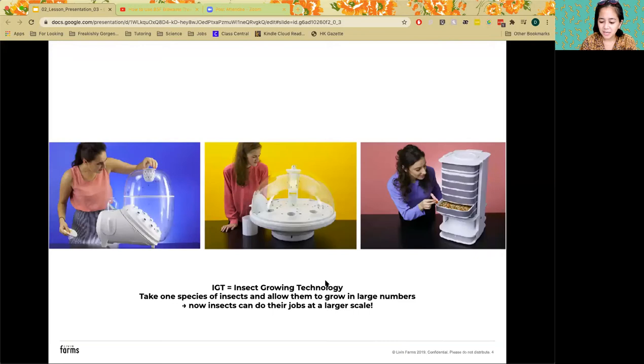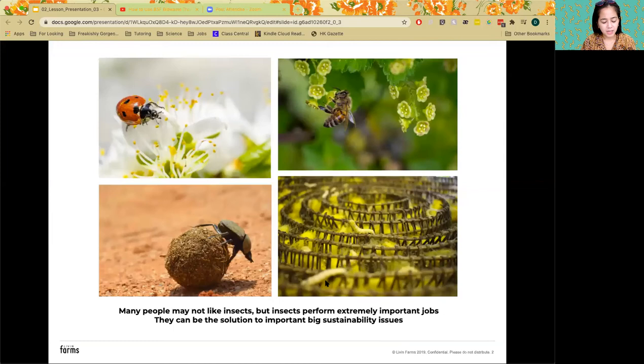And just imagine that we have all these insects performing such amazing tasks. I will actually go back to here and talk about the bee a little bit, because there have been in recent years attempts to make these small drones to help pollinate different flowers. And while it is a very interesting idea, because there are global declines in bee population,